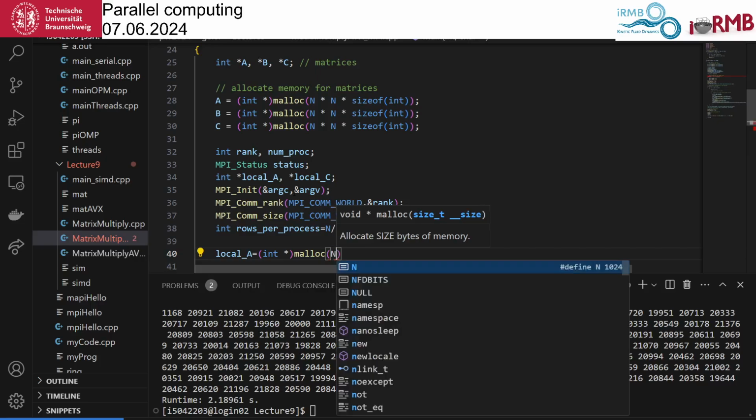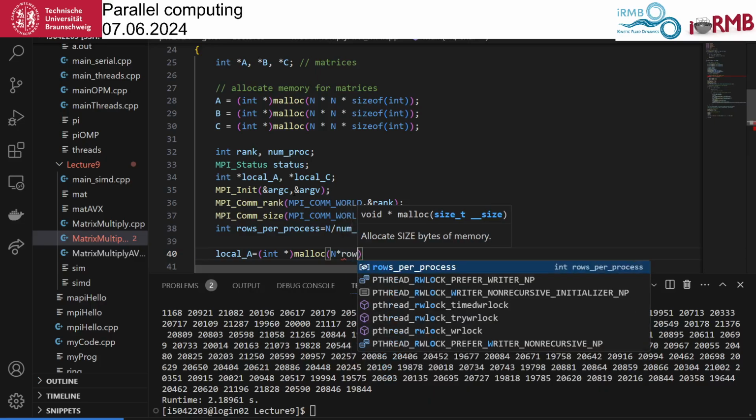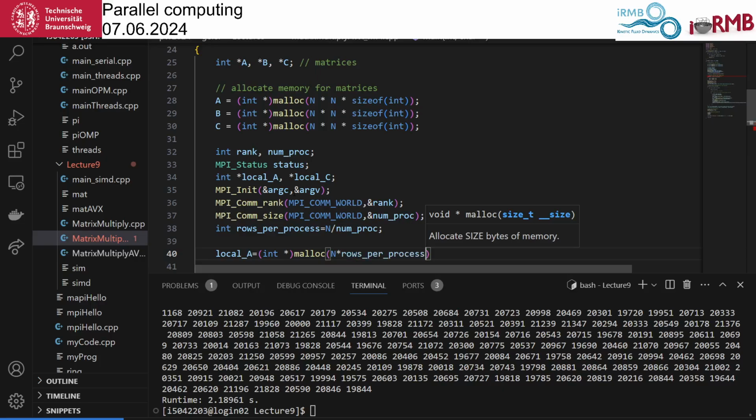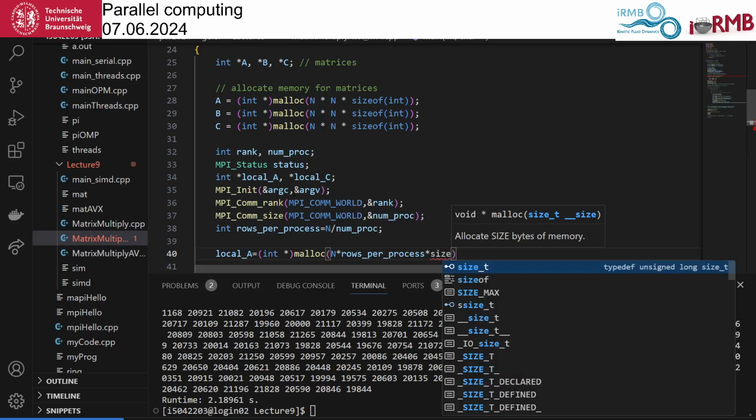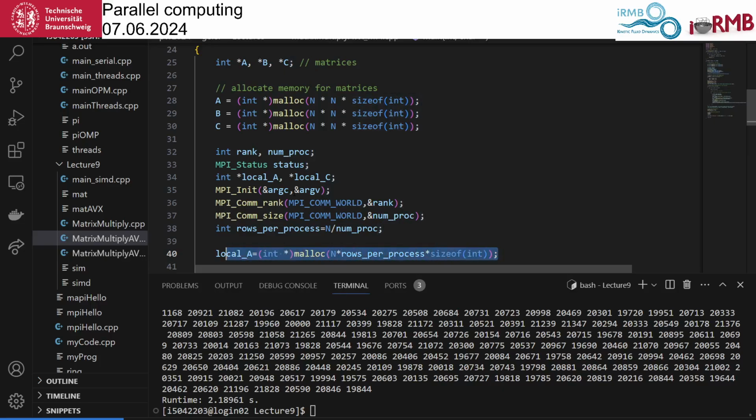The entire matrix is n times n, and this partial matrix is n times rows per process, right? And this times the size of what we are using. This is very old-fashioned. This is why in newer languages it will already know what size it takes. And the same size we need for C.